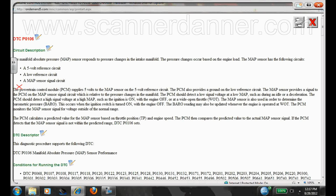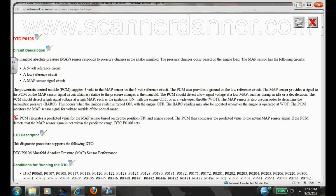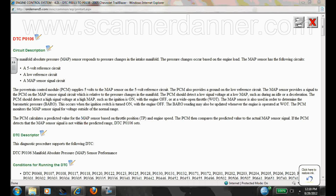And then as we continue to read, one of the things we don't want to do with flowcharts is to read too fast, because there's actually one statement in this whole thing, and we're going to come back to it. And it's right here. The PCM calculates a predicted value for the MAP sensor based on the throttle position and the engine speed. I want you guys to remember that, because this is going to be key to this diagnosis, that it compares throttle position, manifold pressure, which is the MAP sensor, and engine RPM. So as we go through this,